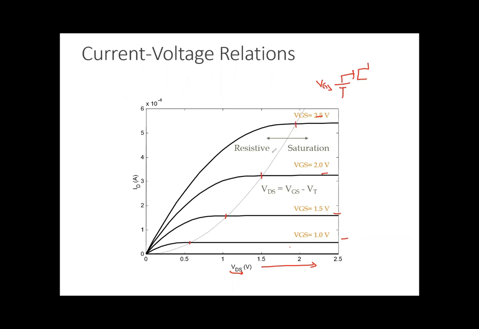But one thing that is important: from this point to this point, your MOS is actually behaving as a resistance. Beyond that, it is actually behaving as a constant current source. So it depends in which mode you are going to use your MOSFET. If you are going to use your MOS as a resistance, then you have to use it in this particular region. If you're going to use it as a current source, then in this particular region.